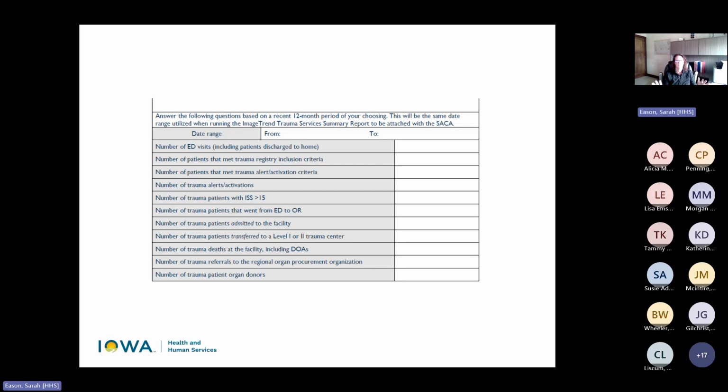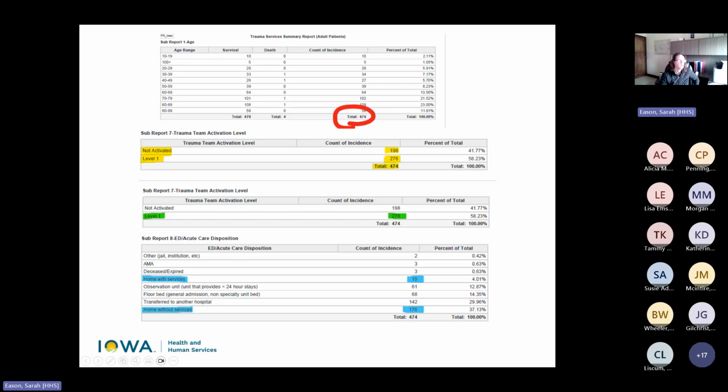It is a very self-explanatory document. We anticipate the new revised one, more reflective of what you're seeing on ImageTrend, to come in April. So now there's not crazy earth-shattering things happening between the data dictionaries as well. But it does clarify some language to make it more user-friendly. Again, Dr. Foss spent a lot of time on that data dictionary. He knows it inside and out, and it is your tool to find out who goes into the registry. And again, that's going to be your total number of patients found on your sub-report 1.